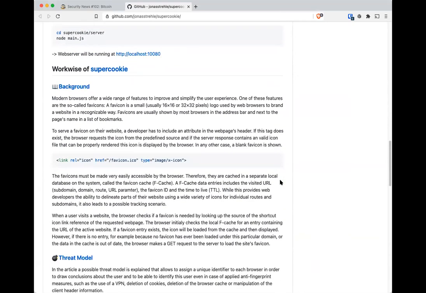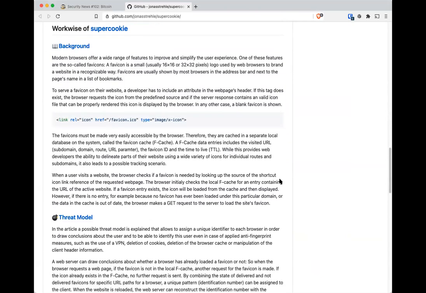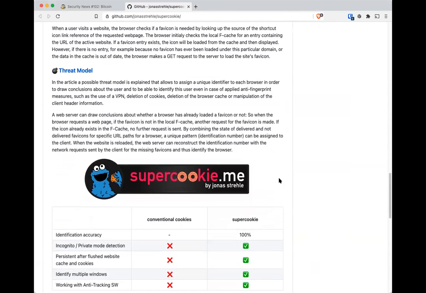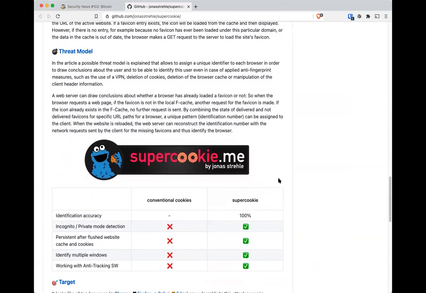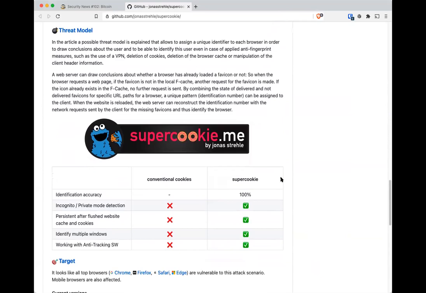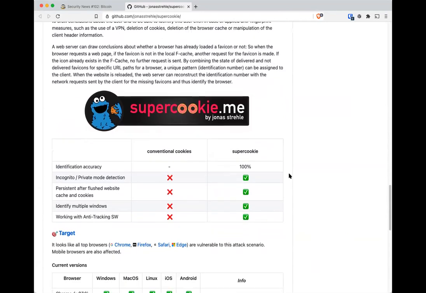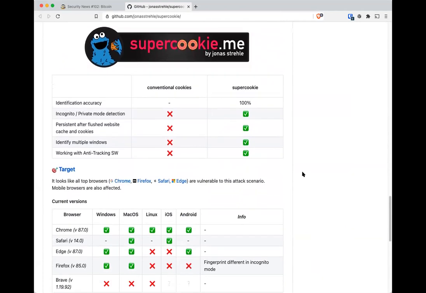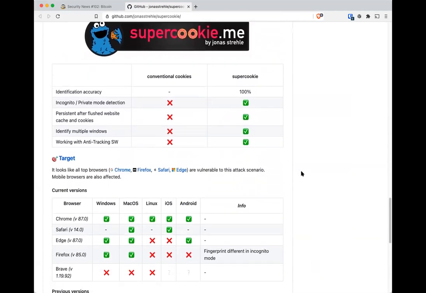What you can do is request multiple favicons per page, and then use that to fingerprint who is visiting your website. For example, you could have them download 4 favicons using unique codes. And using those codes, you can then fingerprint who is using the browser, regardless of whether they have cookies enabled,